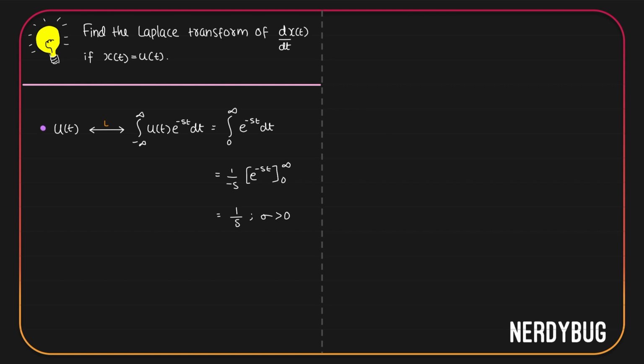Now, what we actually want is the Laplace transform of d by dt of u of t. According to the property, it is s multiplied by X of s. So, over here it will be s multiplied by X of s, which is 1 by s. That is, it is equal to 1. It is a constant, which means it is finite for every value of sigma. So, ROC is the entire s-plane. U of t had a pole at s equal to 0, but it got cancelled over here.